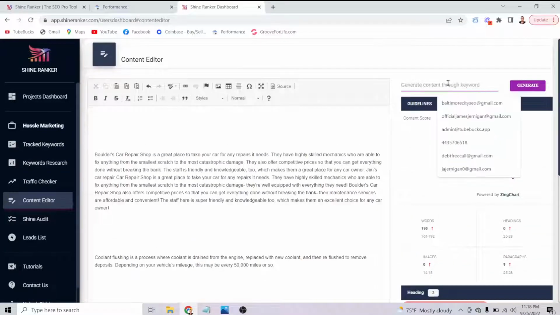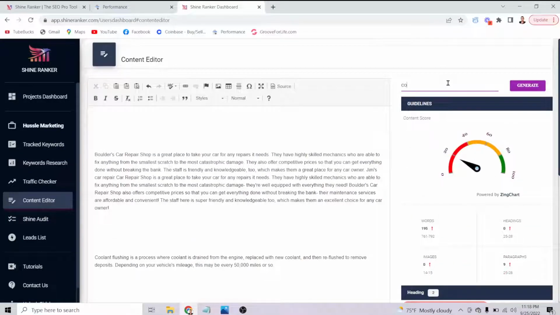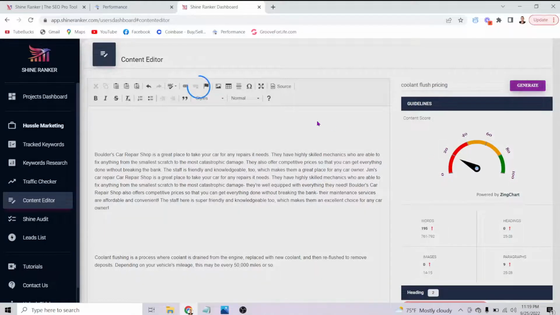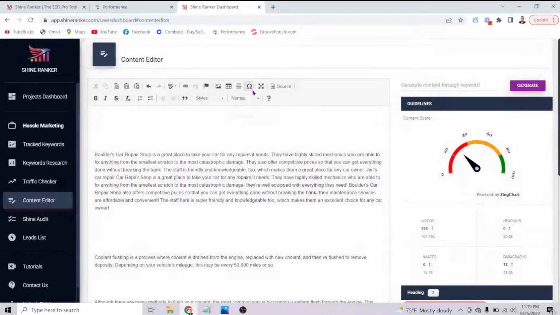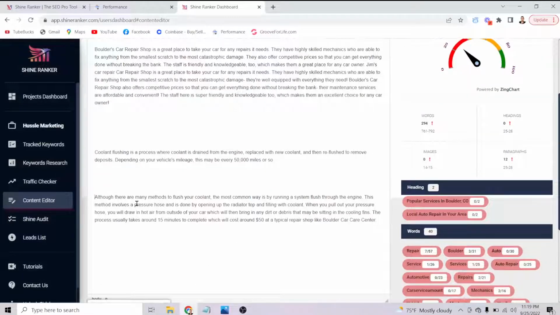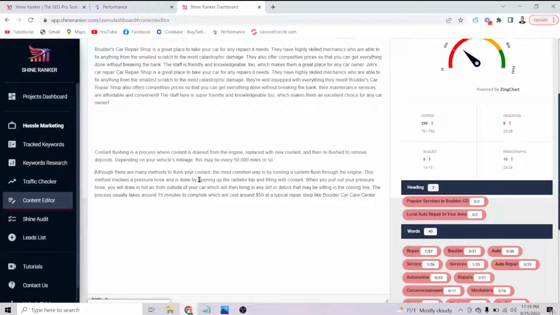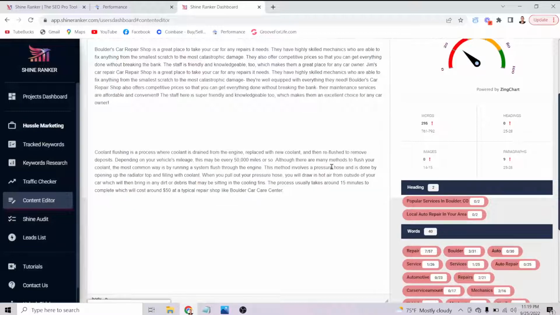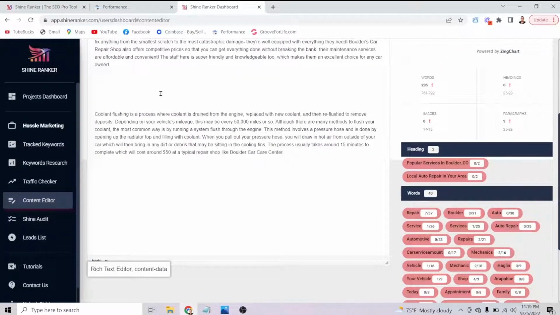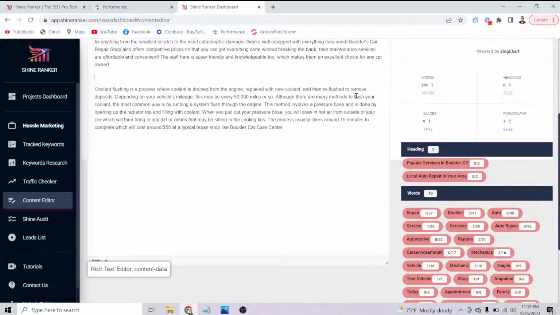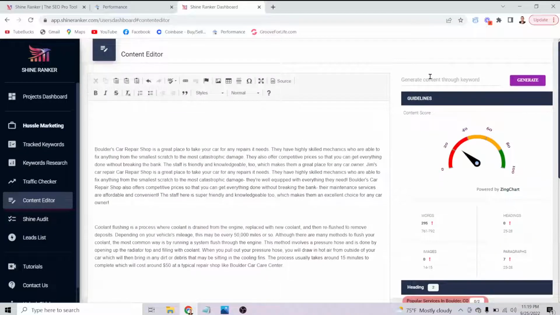Let's try and give it some more. Coolant flush pricing. And so now we have a paragraph about coolant flushing. And you get the idea. You'll just continue this process. So you might do another article down here about